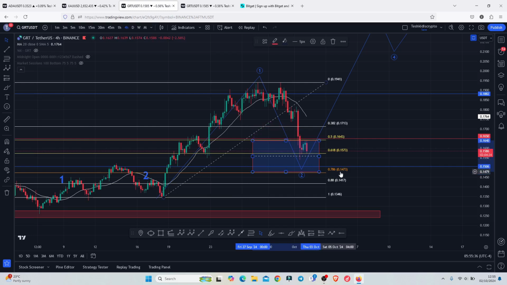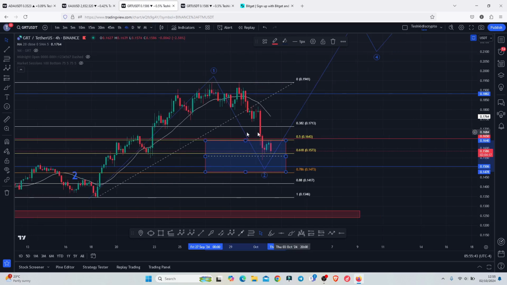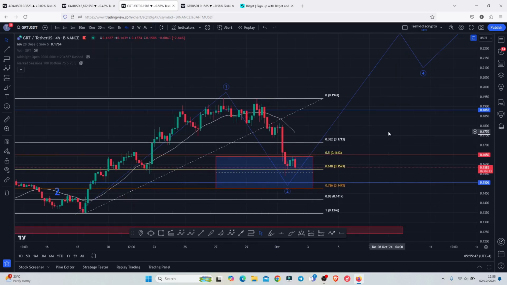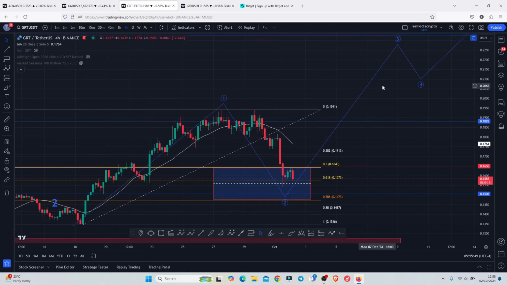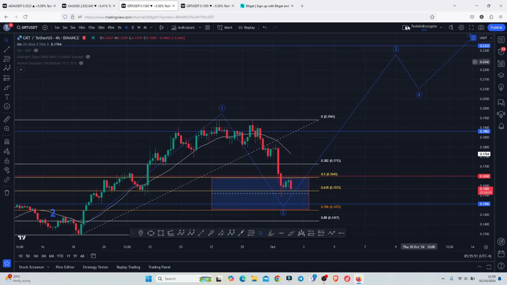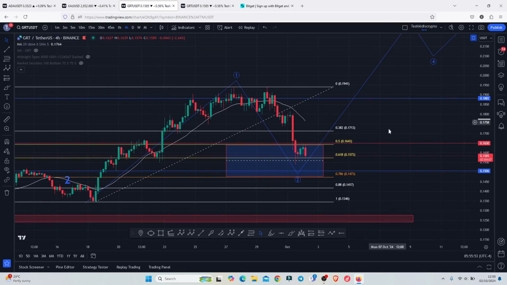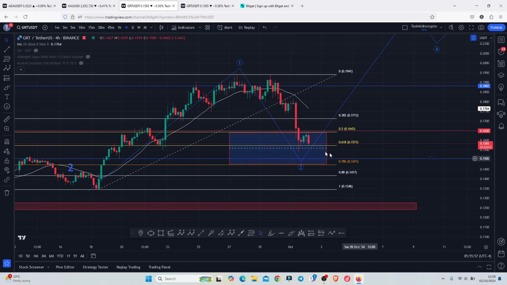and that lies between the 0.1643 and the 0.1473. As long as we continue holding above that area over there, then we can term these as a 1-2 setup to the upside, and soon we can expect another impulse to the upside in an Elliot wave count 3. But if by any chance we lose the 0.1473, then that will be suggesting a more bearish scenario